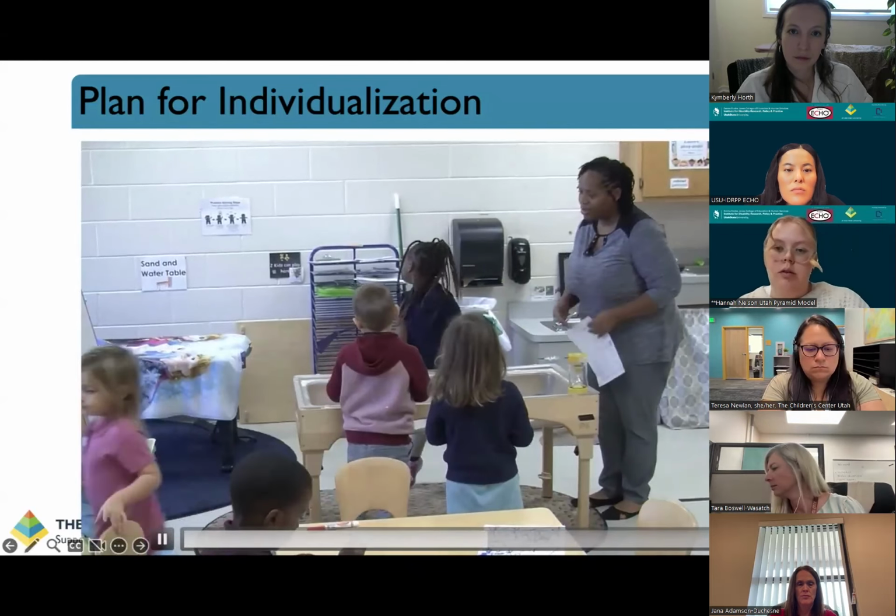And we model these strategies for self-regulation. For example, here we are using the Tucker Turtle visuals and the steps on how to calm down, recognize the problem, and then find a solution in the solution suitcase. And we remember to praise the students throughout the day when they demonstrate these skills. And then it increases more children to